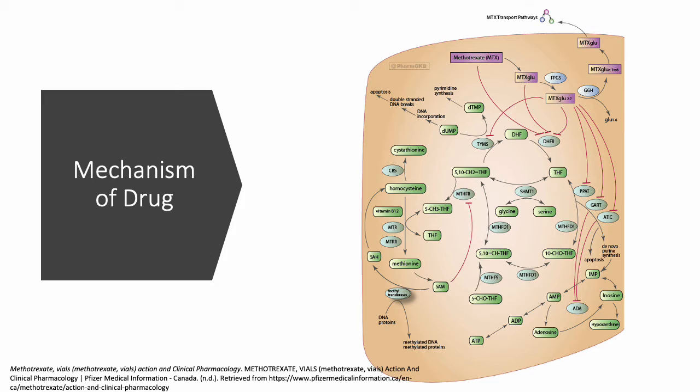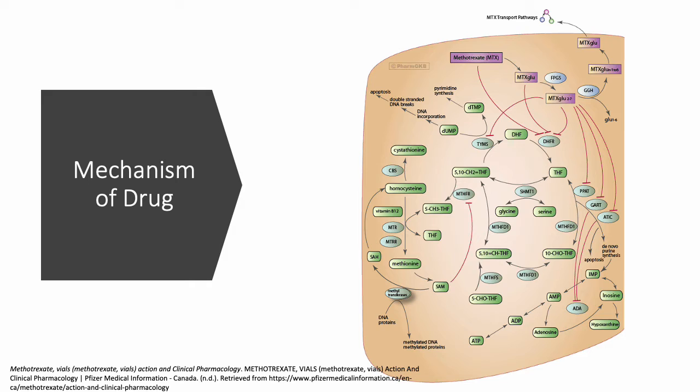So now we're going to talk about the mechanism of action of methotrexate. Methotrexate inhibits dihydrofolate reductase (DHFR), the enzyme that reduces folic acid to tetrahydrofolic acid. Tetrahydrofolate must be regenerated via the DHFR-catalyzed reaction in order to maintain the intracellular pool of tetrahydrofolate 1-carbon derivatives for both thymidylate and purine nucleotide